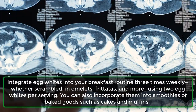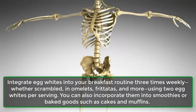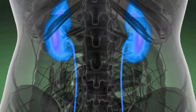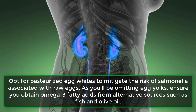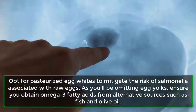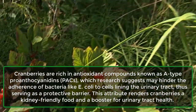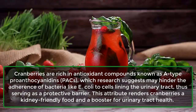Integrate egg whites into your breakfast routine 3 times weekly, whether scrambled, in omelets, frittatas, and more, using 2 egg whites per serving. You can also incorporate them into smoothies or baked goods such as cakes and muffins. Opt for pasteurized egg whites to mitigate the risk of salmonella associated with raw eggs. As you'll be omitting egg yolks, ensure you obtain omega-3 fatty acids from alternative sources such as fish and olive oil. 11. Cranberries. Cranberries are rich in antioxidant compounds known as A-type proanthocyanidins, PACs, which research suggests may hinder the